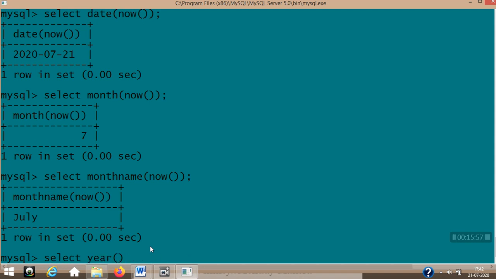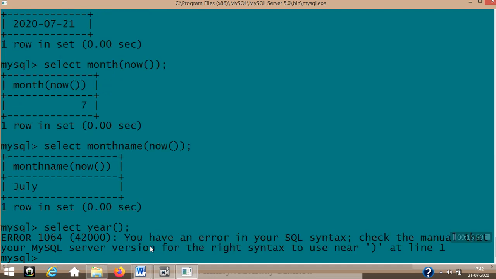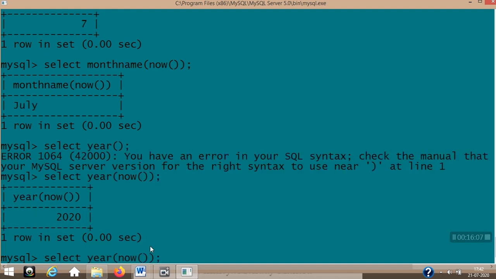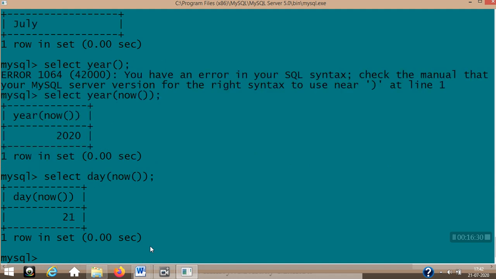Okay, one minute. I'll just show you this way. What happened now? An error will come. You should know that only if you give this inside it can extract the value, and there is no year name and all. You know that. The last one was day. I'll show you with day here. So once again, day. I'm using my up arrow to see my old commands. Day, and then I can have my day name.